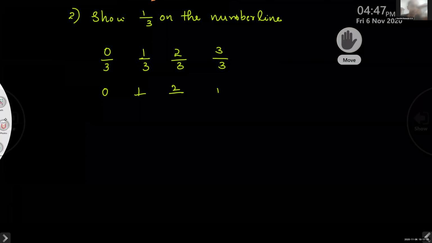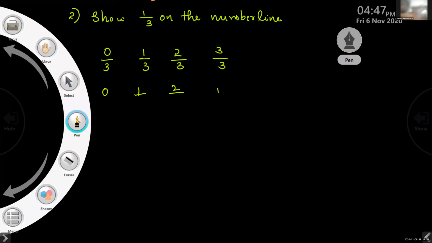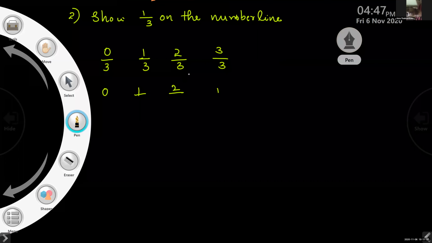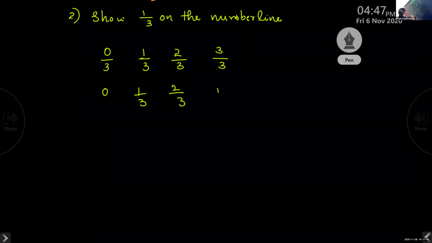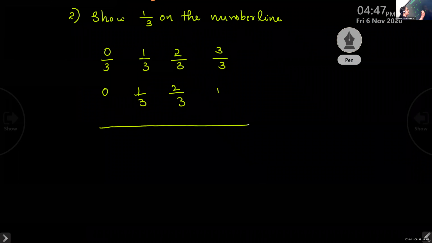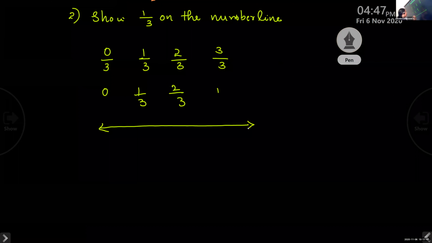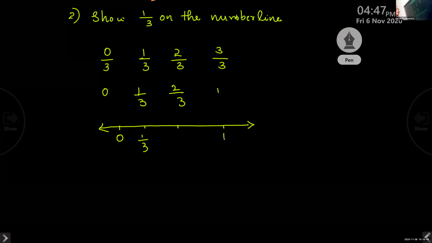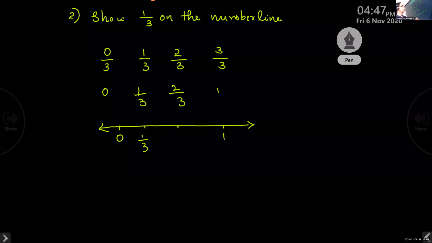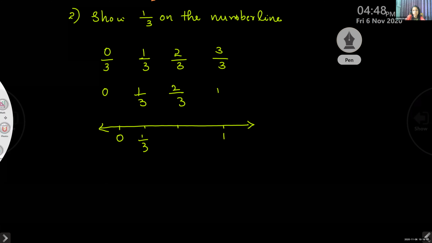Okay. I'll write it again, children. See. 0, 1 by 3, 2 by 3 and 1. Okay. Here our aim is to show only that 1 by 3, right? So 0 you mark. This is 1 by 3, and 2 by 3 you just mark one marking only. No need of showing that. Now, if it is to show 2 by 3, what will you do? No need of showing that 1 by 3. Clear? Okay, ma'am.